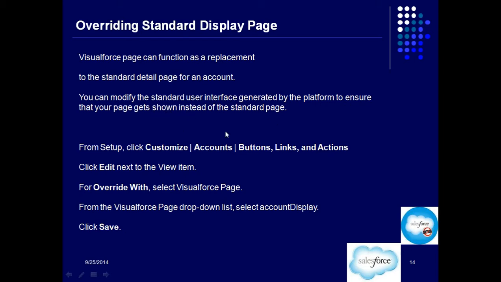So this is the navigation, that's fine, we have understood. Buttons, links and actions is available under all objects. Whichever object you want to override the standard page for, just go to that particular object and click on buttons, links and actions.